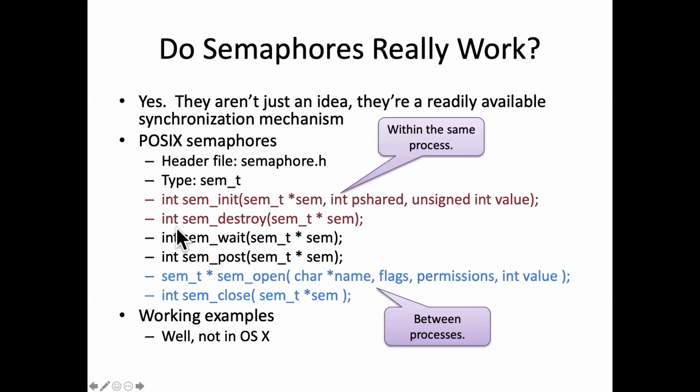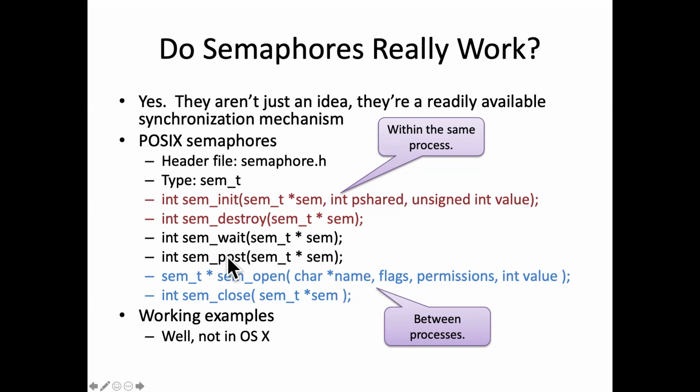These two middle calls are POSIX's name for acquire and release. I warned you that even though the ideas are always the same, the naming varies from system to system. So POSIX calls the idea of acquire sem_wait, and the idea of release sem_post. And these two calls, you just pass them the address of a semaphore,